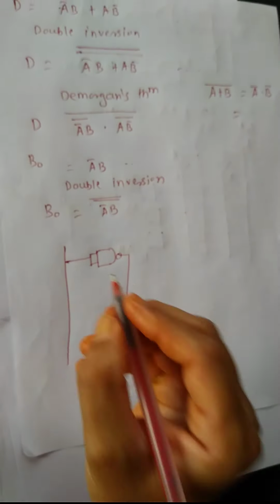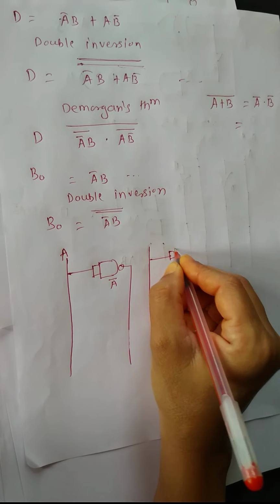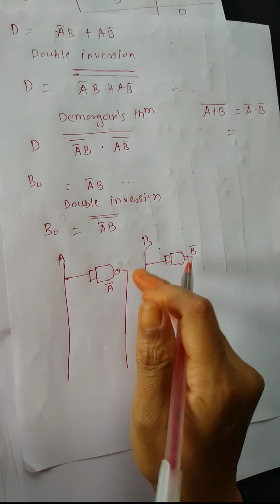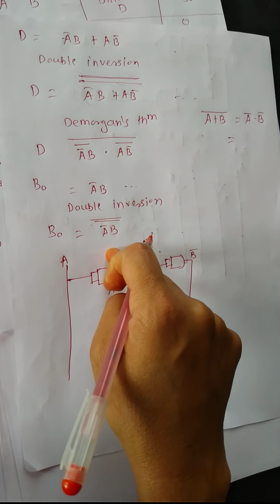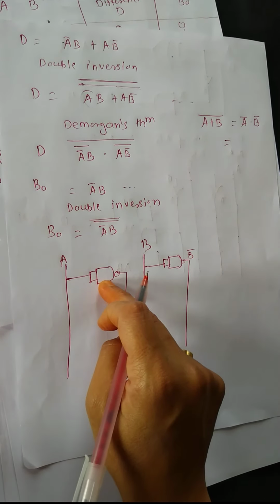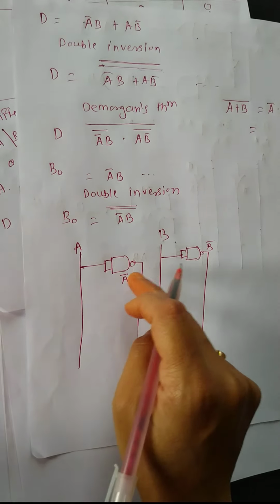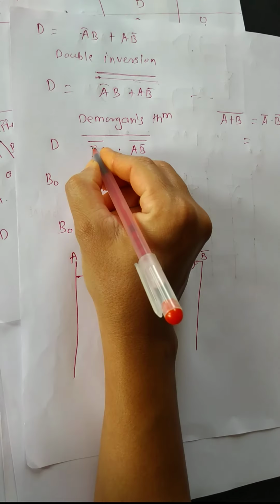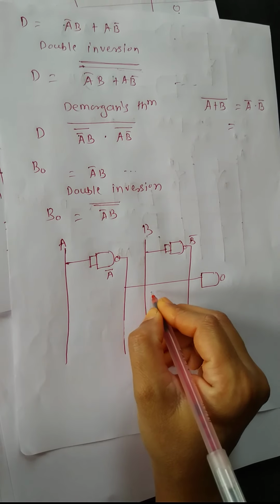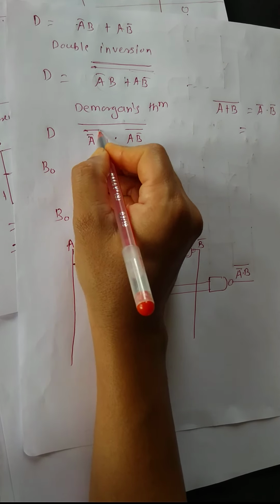Here the NAND gate acts as an inverter. So A input is given, the output is A bar, and for the NAND gate we connect the B input, the output is B bar. In this diagram, the implementation uses only NAND gates. In this half subtractor using NAND gate, the NAND gate acts as an inverter. So this equation A bar, this B input, so the output of that equation is A bar B bar, this term.